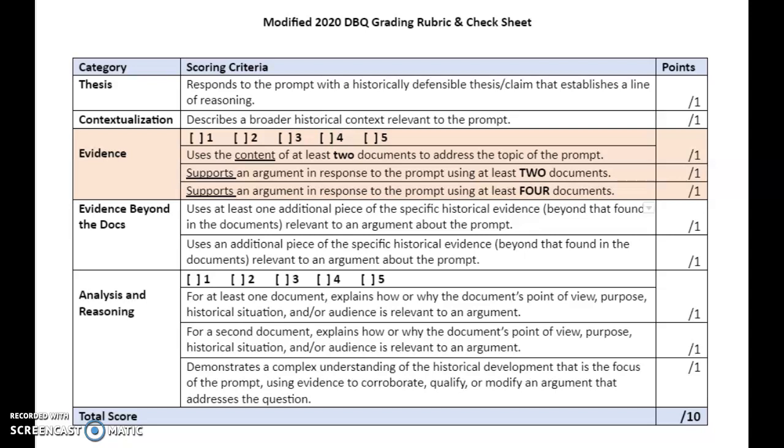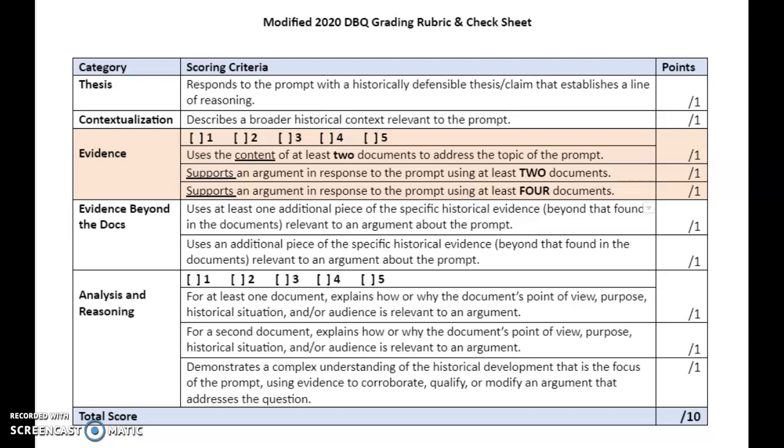And remember, this has to be more than just referencing it. You have to write a full sentence or two about them, explaining how this evidence supports your argument. So if you do that once, then you get 1 point. And if you do that twice, then you get 2 points. Okay. So guys, right there, we haven't even done a HIP analysis yet, and you have the opportunity to get